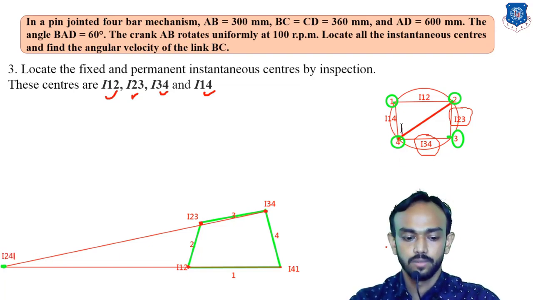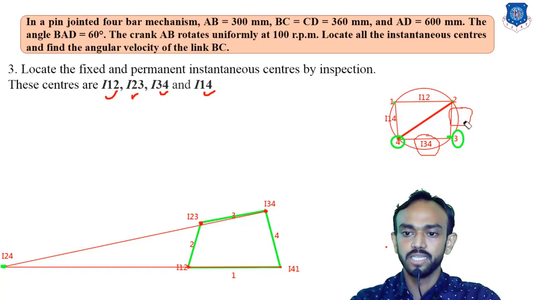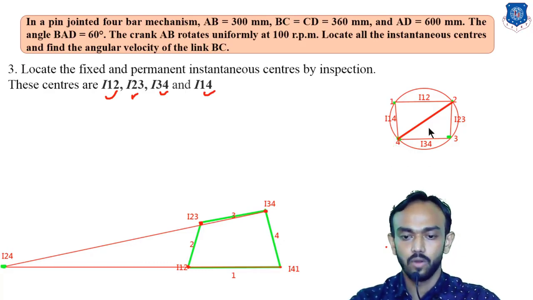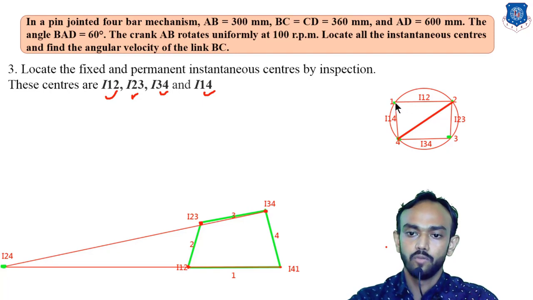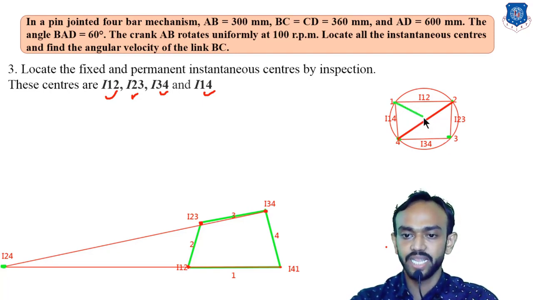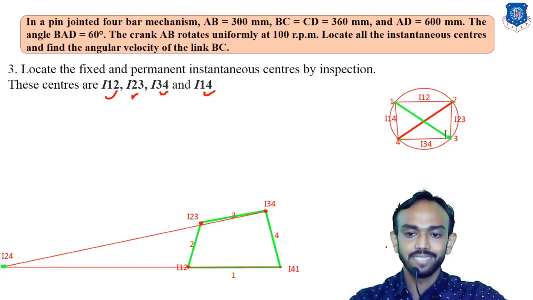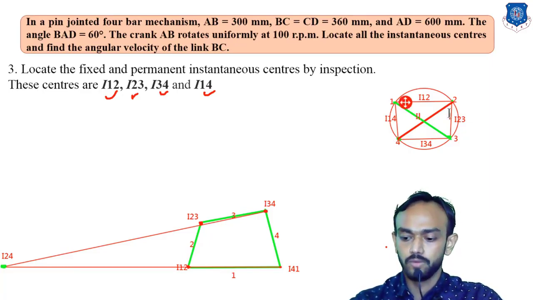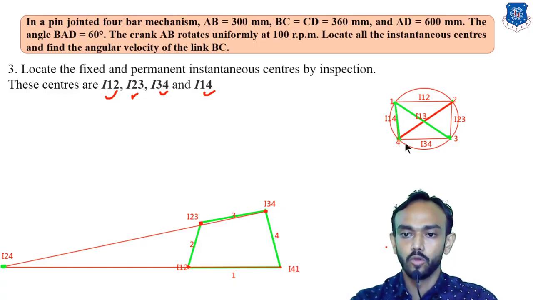Okay, so remember that using these 2 triangles you will find the I-center. Let's check again how it works. Okay, for the second one I am connecting 1 and 3. So the I-center I will find is I13. But how? First of all, I have to make 2 triangles. For that, check this. The first triangle is this 1, 4, 3.